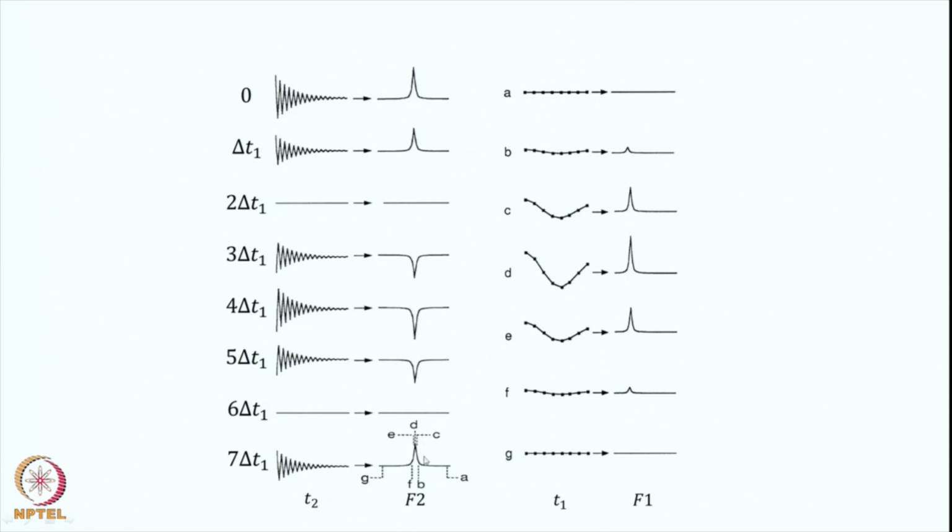After you have collected the signal and Fourier transformed it, by looking at these frequency points you generated a frequency dependent variation. So, this is a time variable which has a frequency component, it displays the frequency, and you Fourier transform here, therefore, you get a frequency component whatever is present here. So, in this particular case it is a single frequency, the same frequency which is present, and its intensity is getting modulated by the evolution during the time T1. So, these frequencies may be different, may be the same. Okay. So, here we have just shown, we have not indicated what this frequency is. It may be the same frequency, it can be a different frequency, it can be a combination of both.